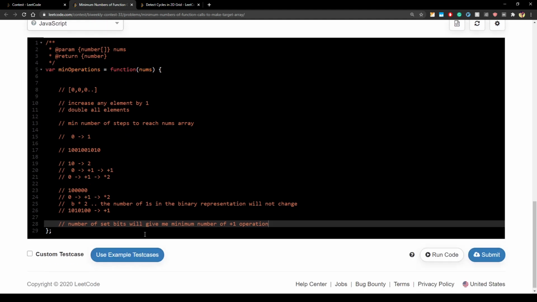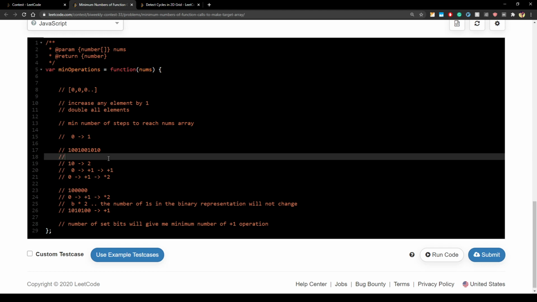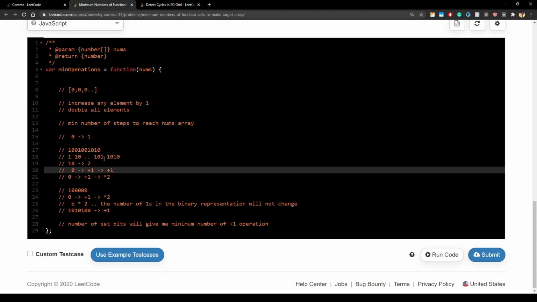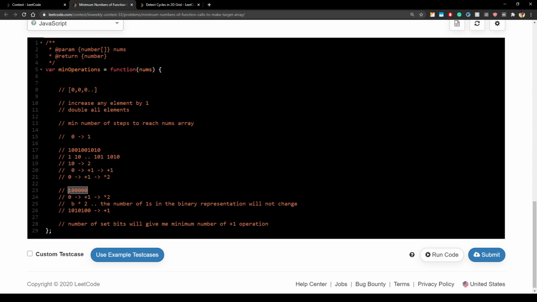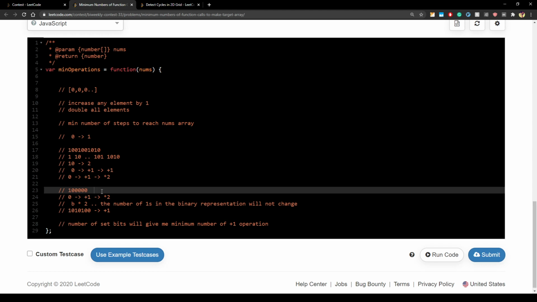Now the second thing was how many multiply by 2 operations you have to do. When you multiply by 2, the bits actually shift by 1. For example, if you had 1, you multiply it by 2, it becomes 10. If you had 101, you multiply it by 2, it becomes 1010, something like this. So basically every increase in bit length is easily done using multiplication by 2, compared to adding ones. So how many bits there are, that many times you have to multiply by 2, because it is easier to increment the bit length.